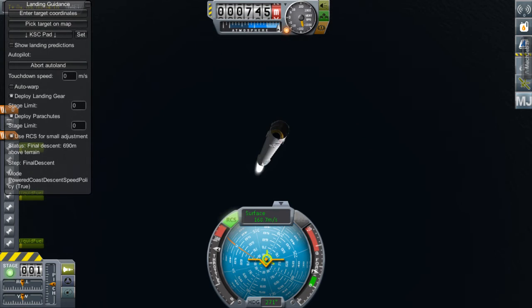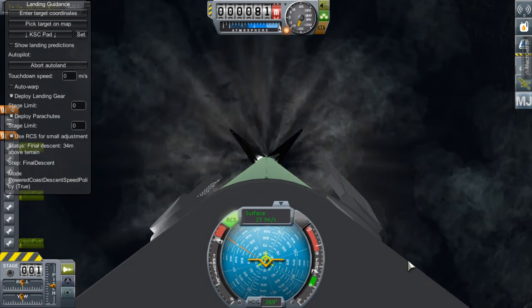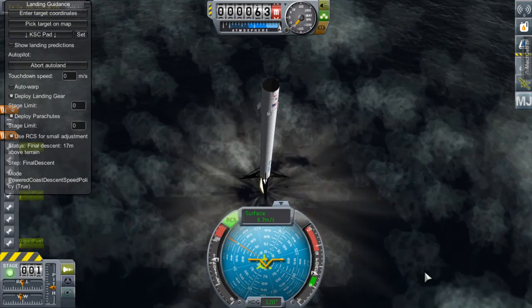The landing burn sequence is starting. Landing gear deploy. Velocity 30, 20, 15 meters a second,